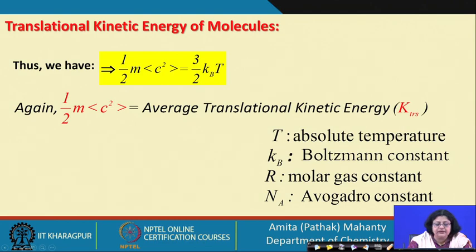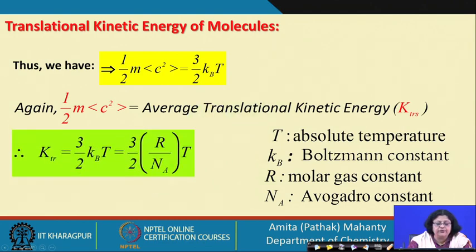So, we have this expression. From this expression, what we have, this is half mc square, which is nothing but the kinetic energy. So, the average translational kinetic energy can be represented by this. This is the representation of the average translational kinetic energy, and that is equal to 3/2 kT. So, if I rewrite that, the translational kinetic energy is nothing but 3/2 kT, and